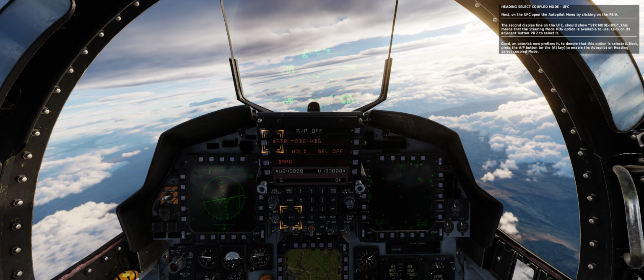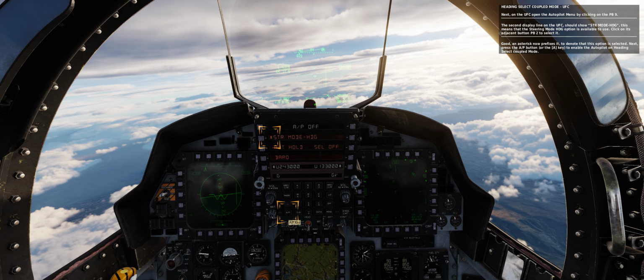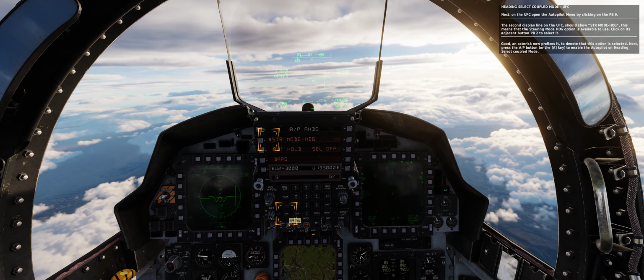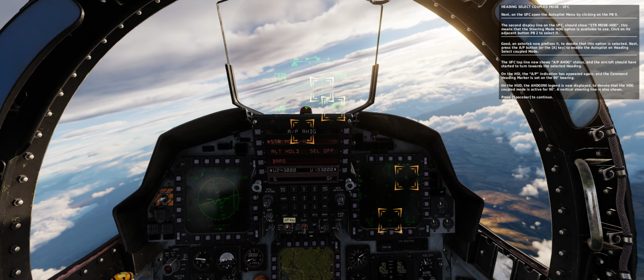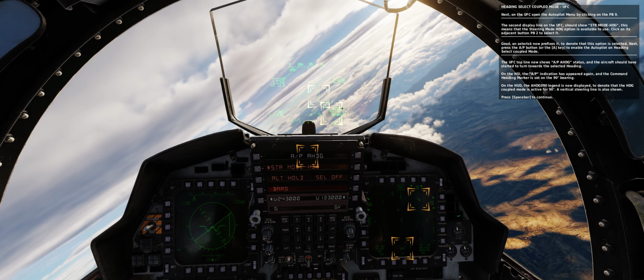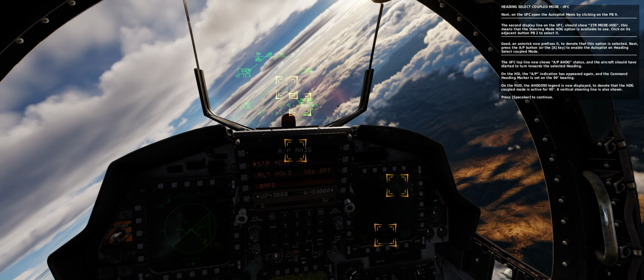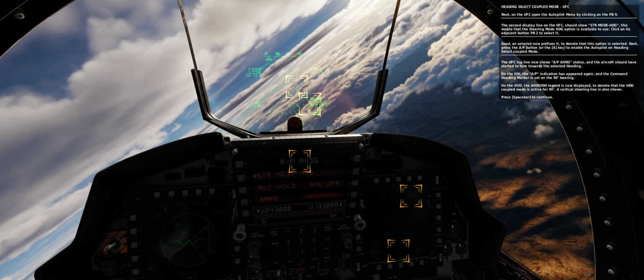Next, press the AP button, or the A key, to enable the autopilot on heading select coupled mode. The UFC top line now shows AP AHDG status, and the aircraft should have started to turn towards the selected heading. On the HSI, the AP indication has appeared again, and the command heading marker is set on the 90